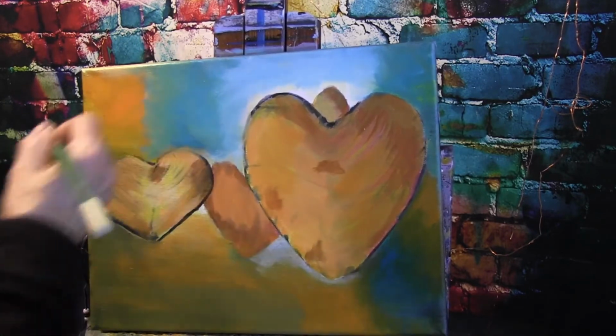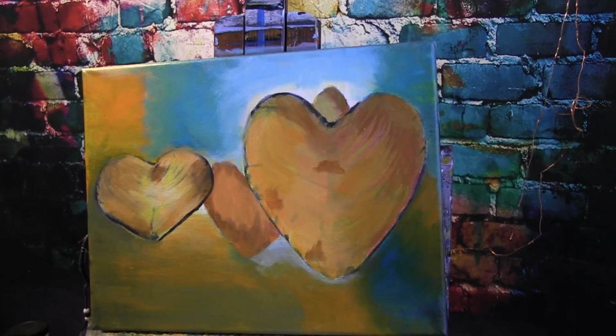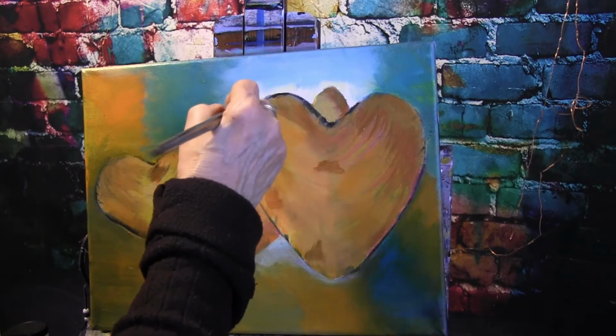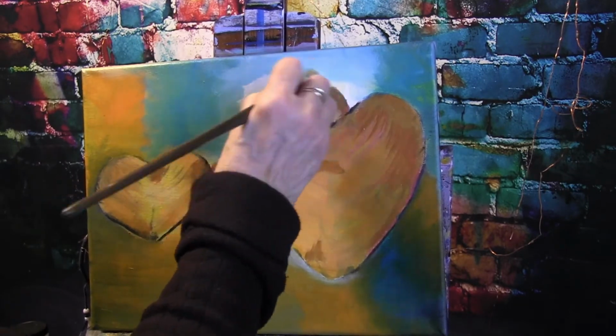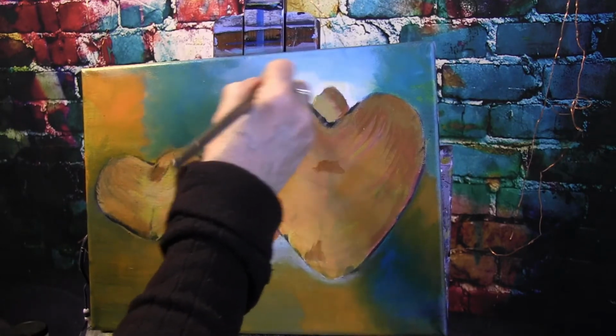Much better. Look at how much better that is blending. I just can't get over the difference in the blending. I think that Payne's Gray was like a real hang up for this. So